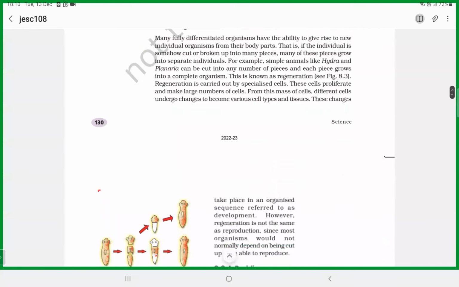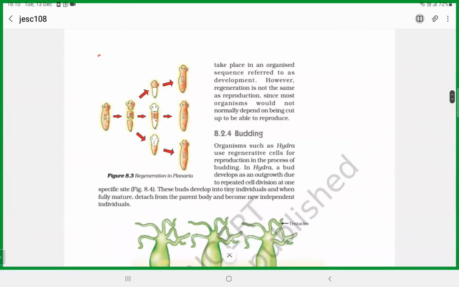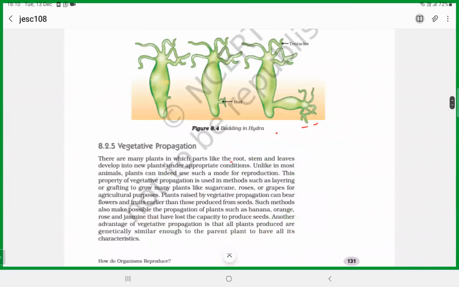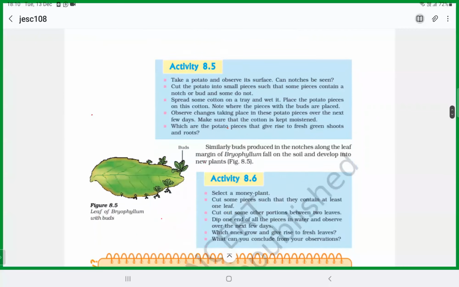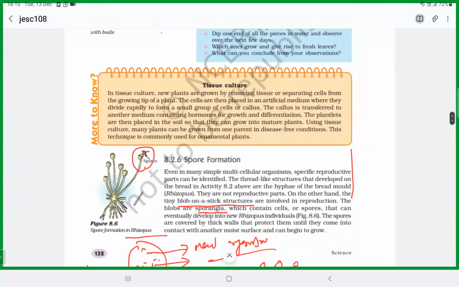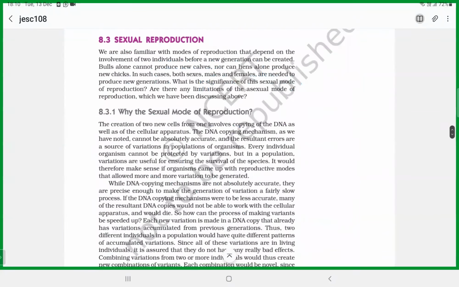Okay, so now we will discuss the sexual reproduction methods. You need to be very cautious here. We will discuss this in two different aspects: one is sexual reproduction in plants, and the other is sexual reproduction in animals. So plants and animals, two important things we discuss today, right?